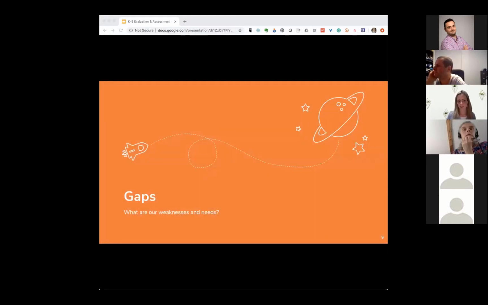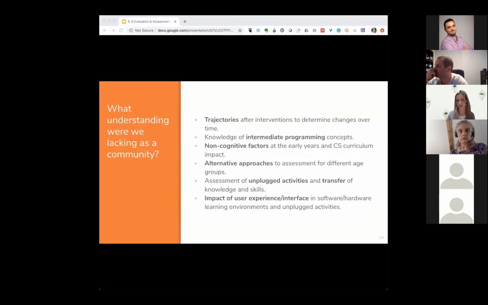So what did we identify as our weaknesses and needs? Discussions emerged around current evaluation and assessment practices that were very programming focused, which isn't a bad thing. But we also expressed a need to expand work into the primary years to include a broader focus of computer science curricula.